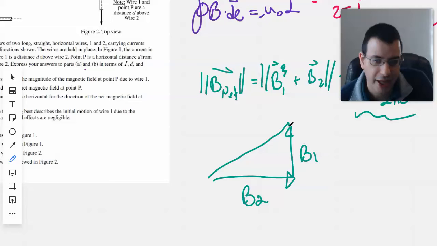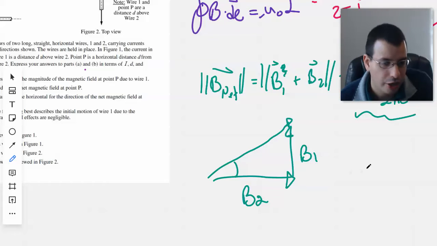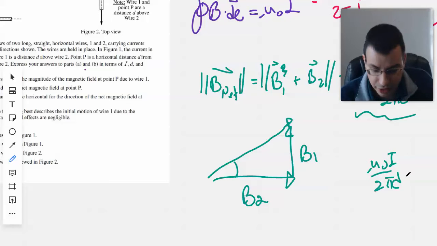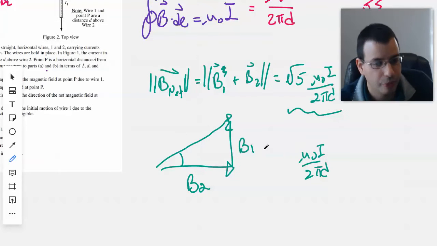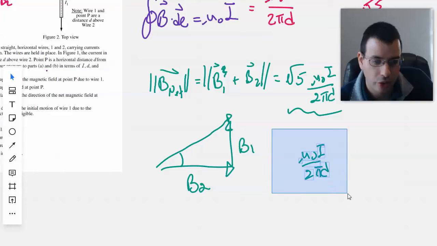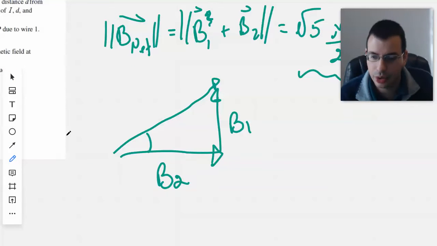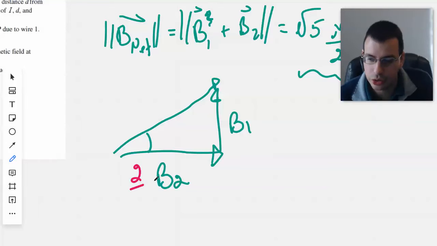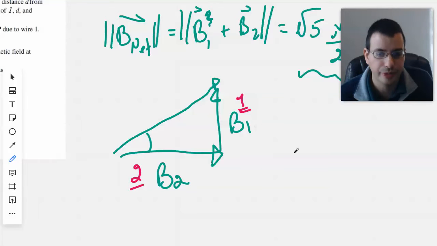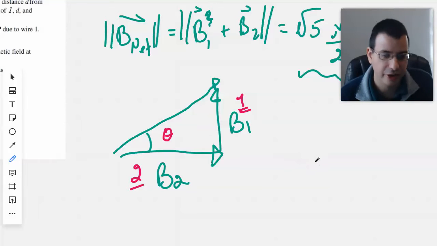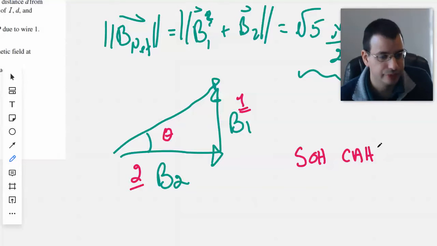And there's going to be a mu naught I over 2 pi d involved, but it's going to be with both sides. So I am going to simplify this to 2 and 1, because B2 will be twice B1. We're looking for theta, so using our SOHCAHTOA, we can say that tangent of theta